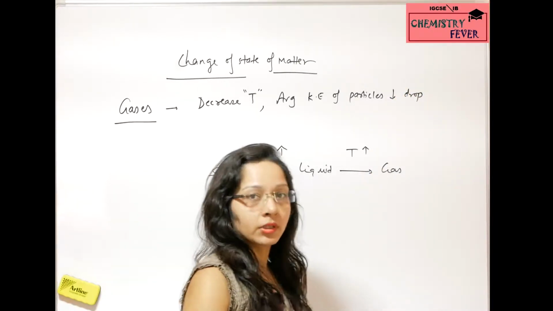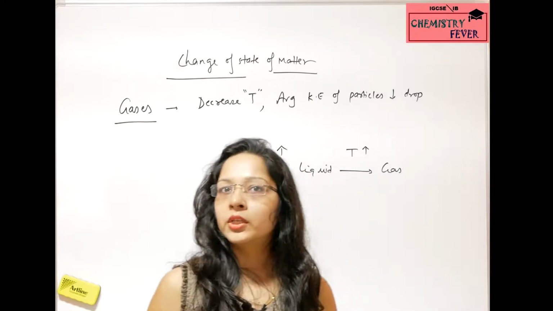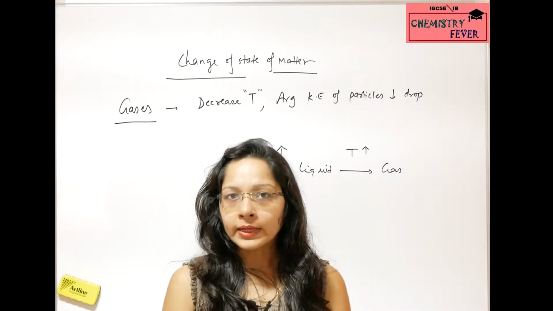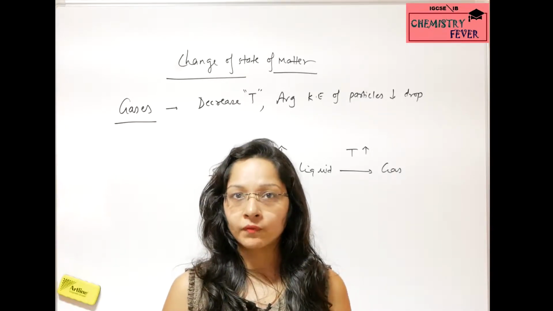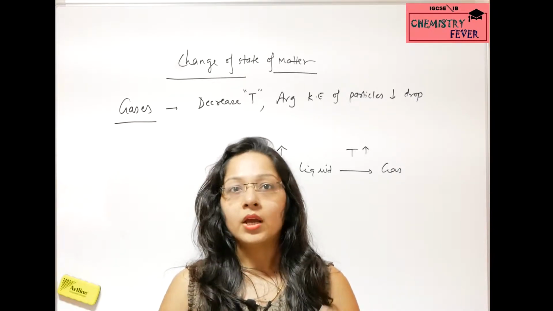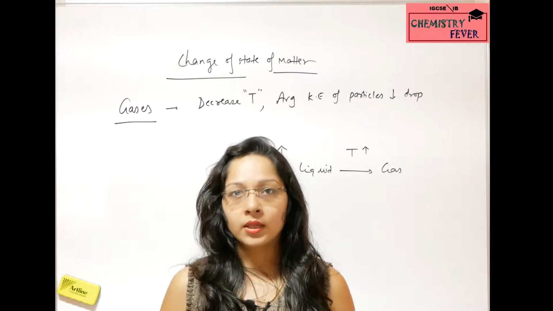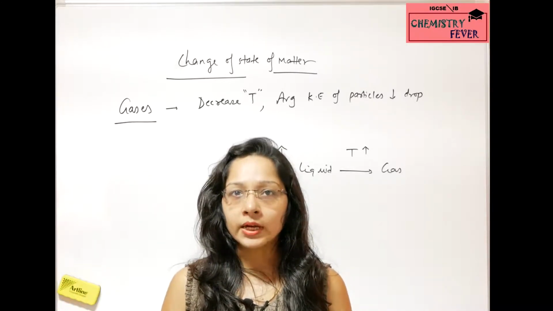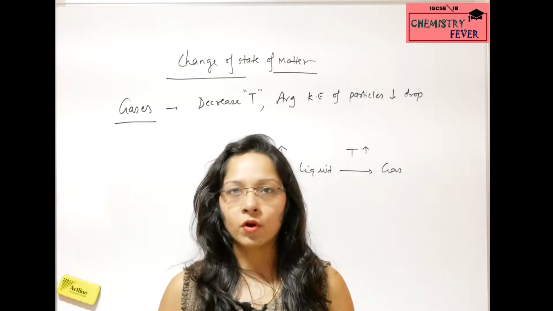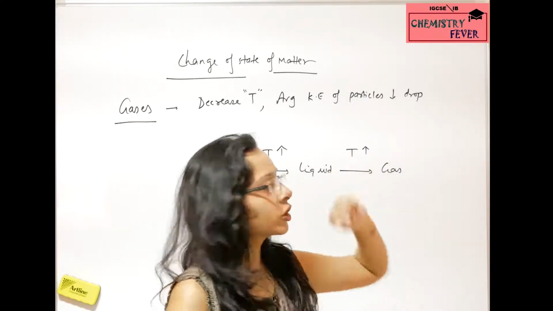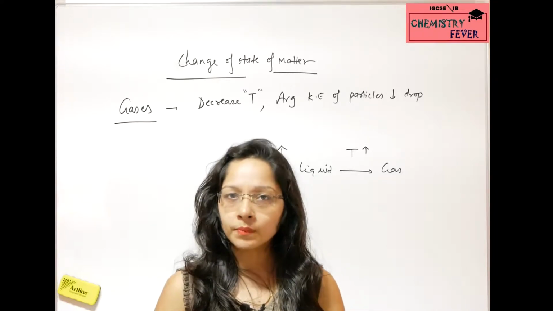Then the cycle will reverse. If we were giving energy, then what was happening? Particles were vibrating faster in solids. In liquids, the force of attraction was weakening. If the force of attraction weakens, then the particles will start coming close. In the previous case, we saw particles were moving away from each other. So if the average kinetic energy of the particles drops, then,